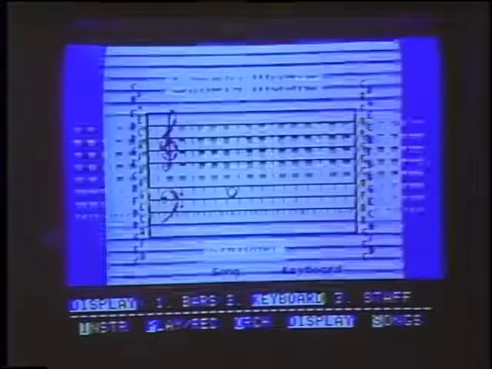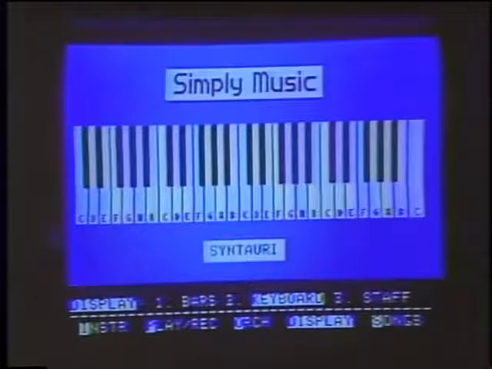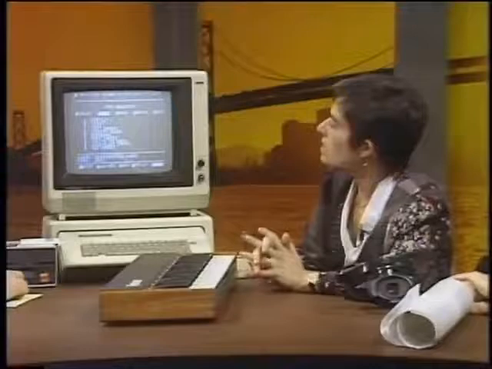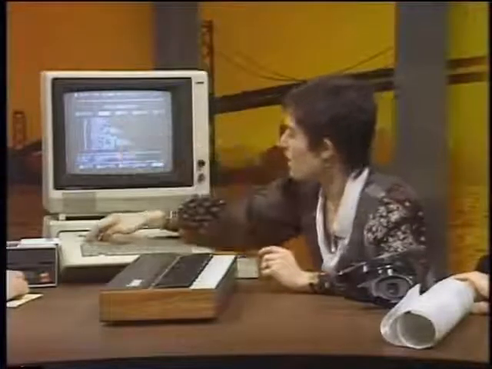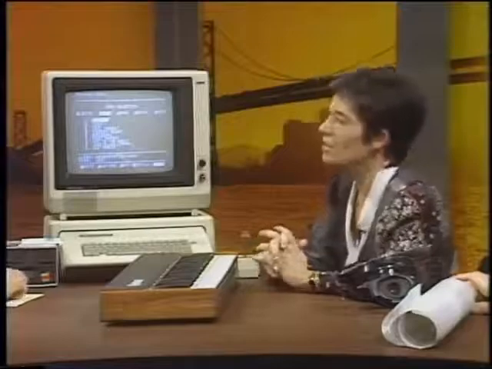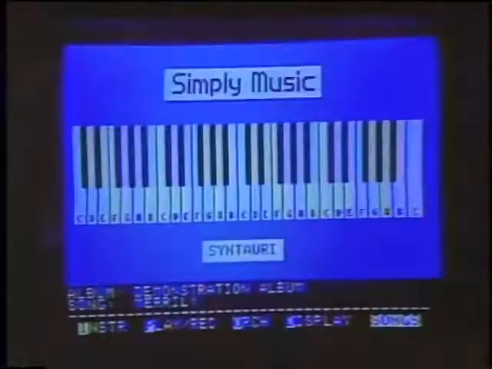I can load in a display of the keyboard itself, so that when I play back Jesu, I can see the parts that were played. Now that's a fairly complex piece. If I were learning to play music, if I'd never approached a musical instrument before or a computer music system, I might choose a more easy to learn song. For instance, Merrily. Now this is a pretty simple song, but it gets the point across that you too can learn to play keyboard with this fairly fancy technology just by